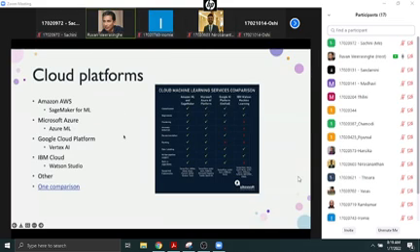Okay, so these are the dominant cloud platforms for compute and for AI or machine learning, right? This is the grandfather, Amazon Web Services, right? And then Microsoft Azure, which is Microsoft's cloud platform, and Azure ML is where you would do analytics. For Amazon, I'm not going to talk too much about this because this is the example I'm going to take today. Google Cloud Platform has something called Vertex AI, which kind of brings together a lot of their machine learning tools, right?